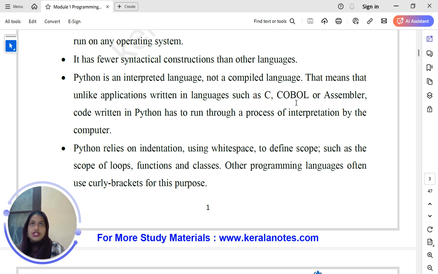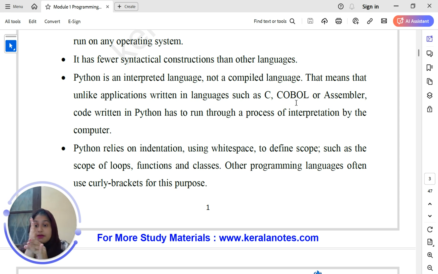So again, what is the indentation? We write a statement, we put a colon after a condition or a loop, anything, and on the next line we leave some space. So when we write in Python, this white space always matters. If we write right from the beginning, that is from the leftmost side, we have to start from the margin.